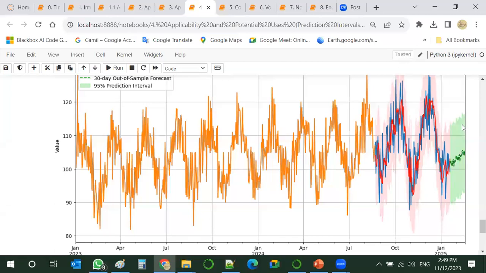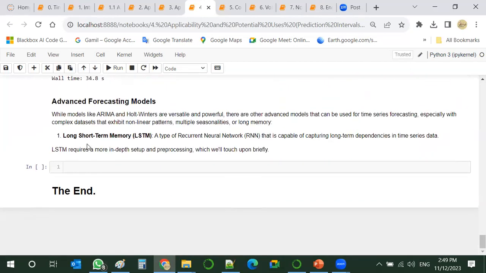So our prediction just lies within this 95% prediction interval confidence. So those were just simple statistical forecasting models.